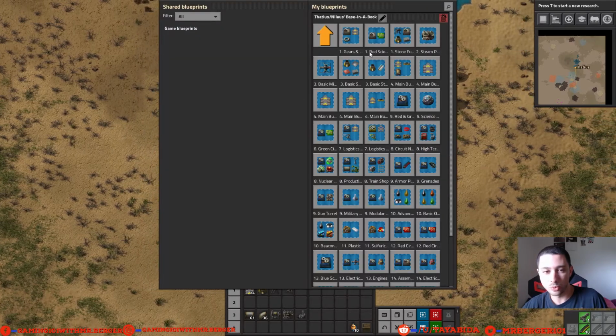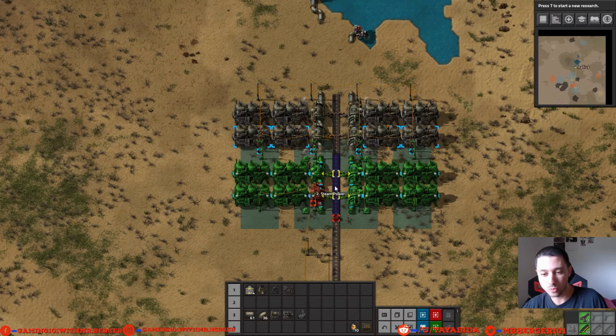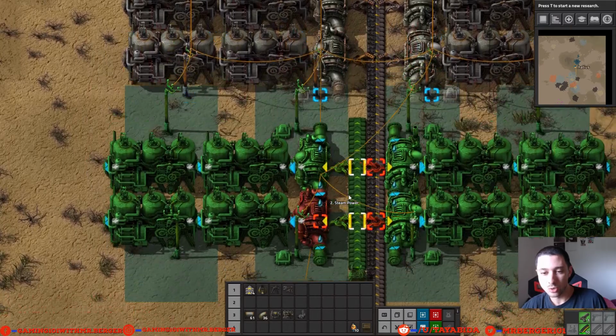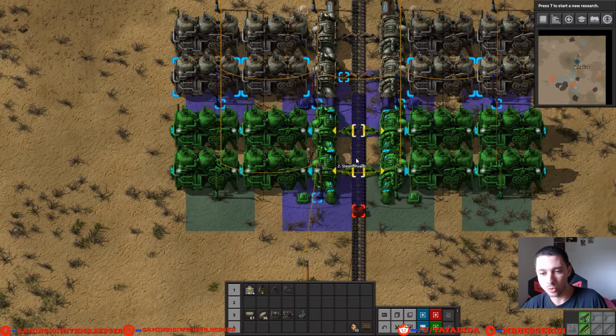Nice thing about this blueprint is if we get it again, steam power, you can just put them right on top of each other, and they'll line up perfectly. And you can check if it's perfect by seeing if the power poles line up, and they will, and the belts too in this case, and it'll give you that darker blue or purple square there. And then that'll show you that it's lined up, and you can click it or you can shift click it